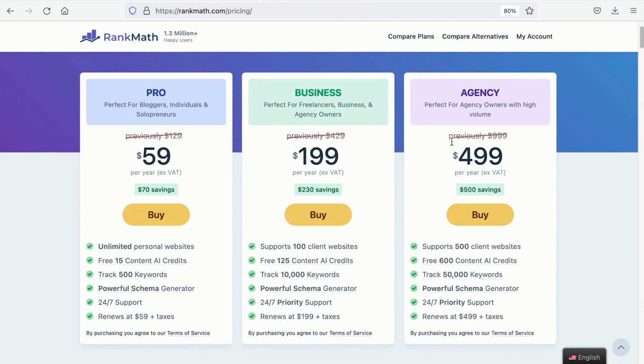The pricing for RankMath is rather straightforward. The Pro version will give you all the features available on RankMath, and you can install it on unlimited websites. The business plan is more for larger sites and agencies, maybe for some freelancers, and the agency plan is for agency owners with high volume. The prices are not justified by features, but rather the usage volume, such as the content AI credits and the